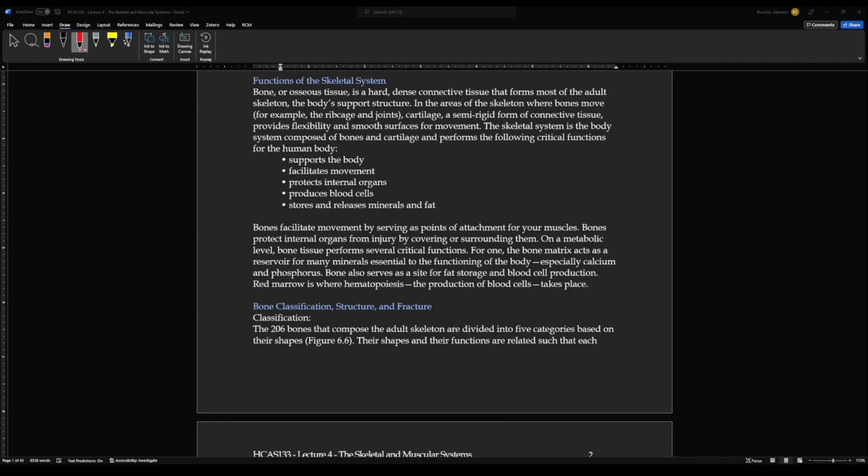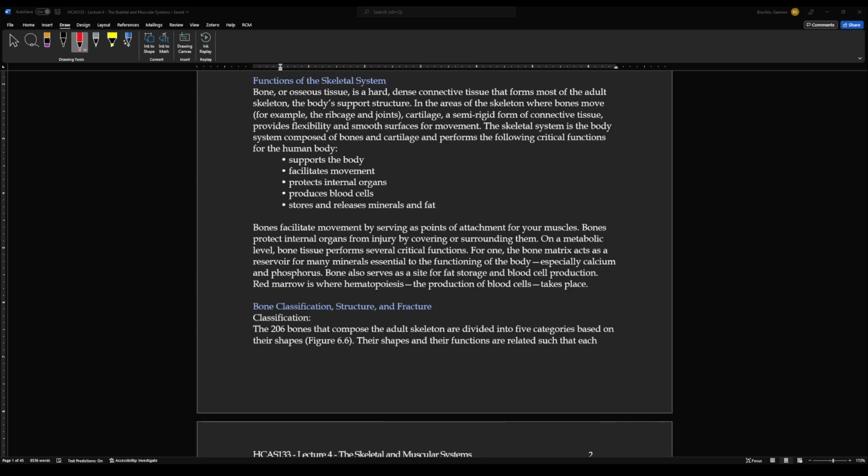So, starting off, bone. You'll primarily see the term osseous or os associated with bone, but really it's a very hard tissue. It's classified as connective tissue. It's going to be a dense connective tissue, at least in adults. In younger individuals who haven't reached skeletal maturity, which happens sometime between the ages of about 18 and 22, there is going to be a little bit more collagen type content, but we will talk about some of that